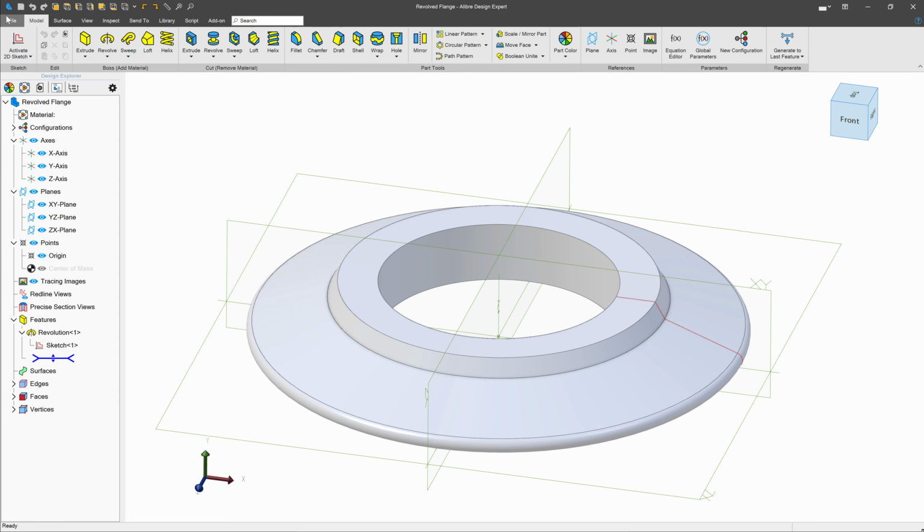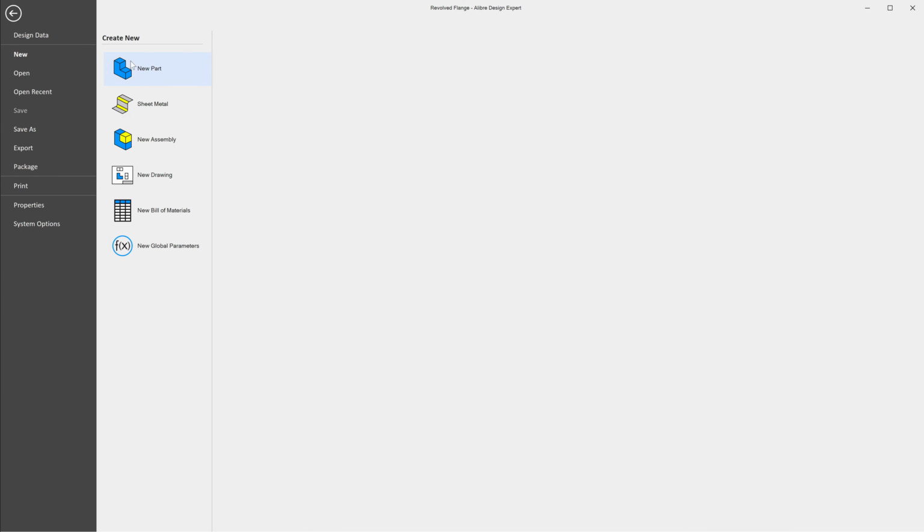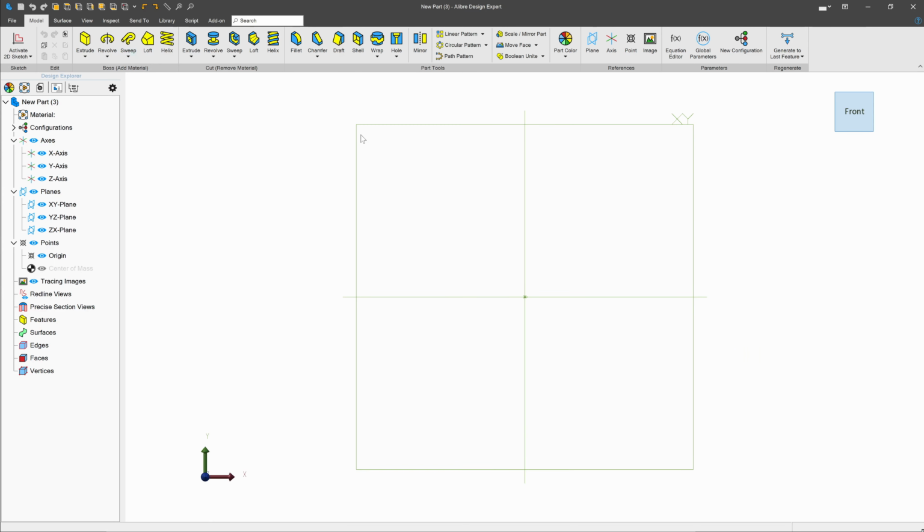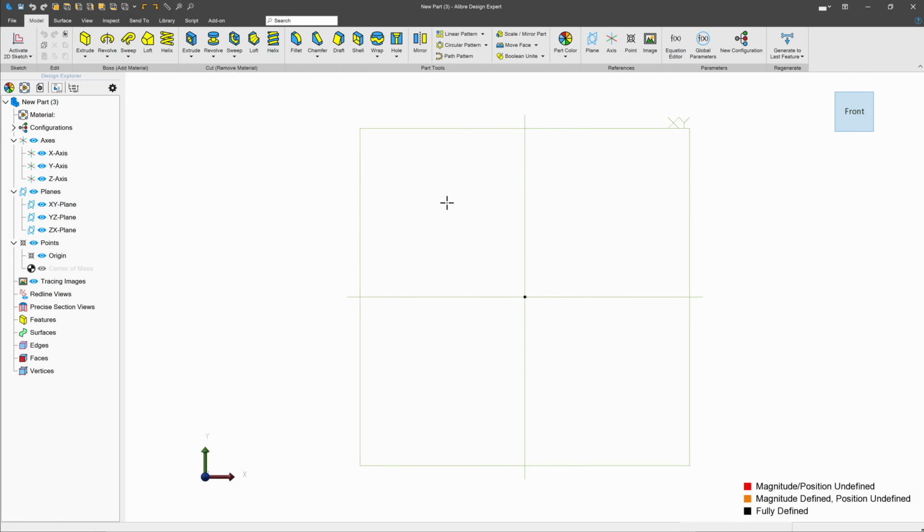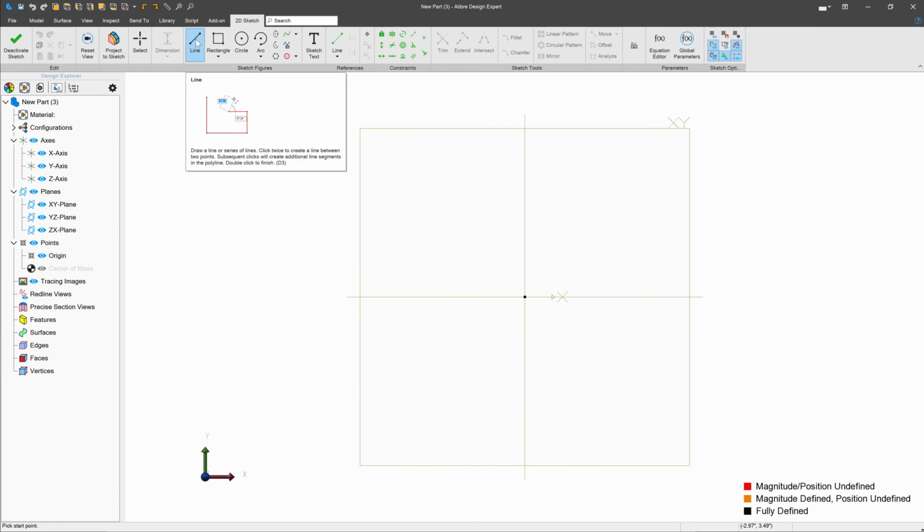Let's start a new part. We'll say File, New. Perhaps I would like to have an extrude follow a certain path. That's known as a sweep. And let's make that so that you can see what that looks like. On the XY plane, right, I highlight my XY plane, activate a sketch. I'll create a rectangle. Right, let's make a different kind of sketch. I'll create a rectangle by center,